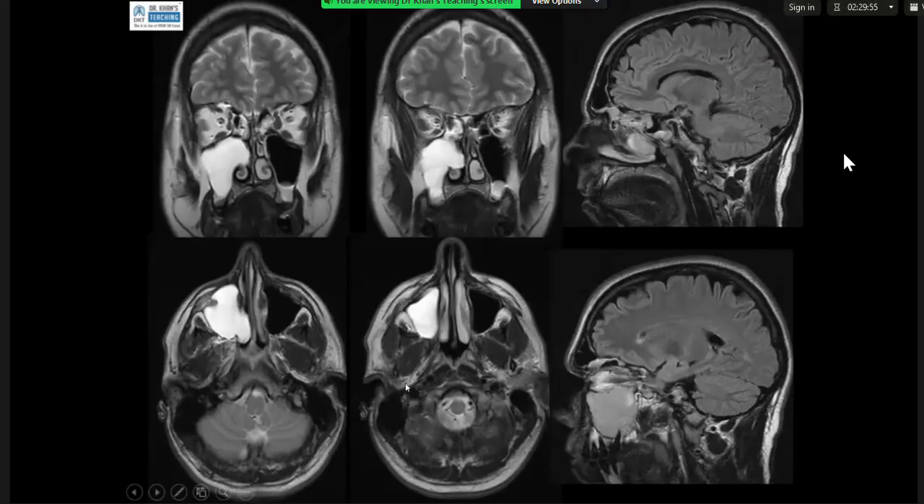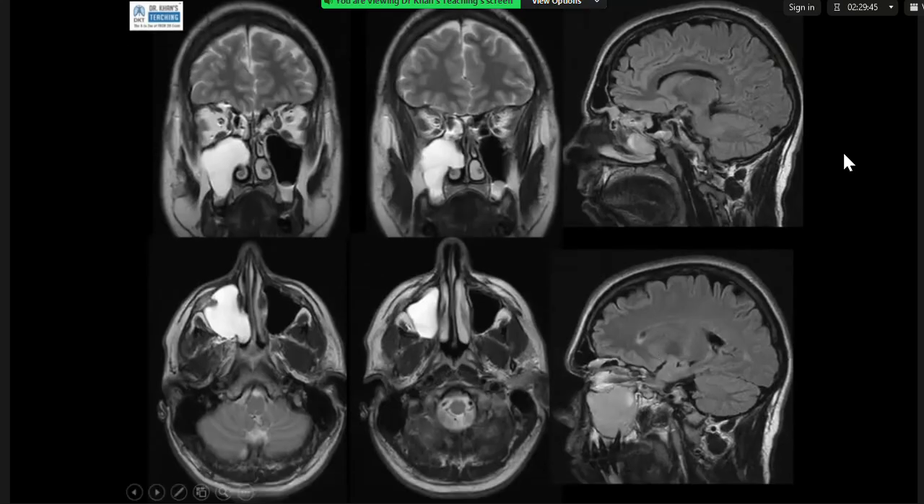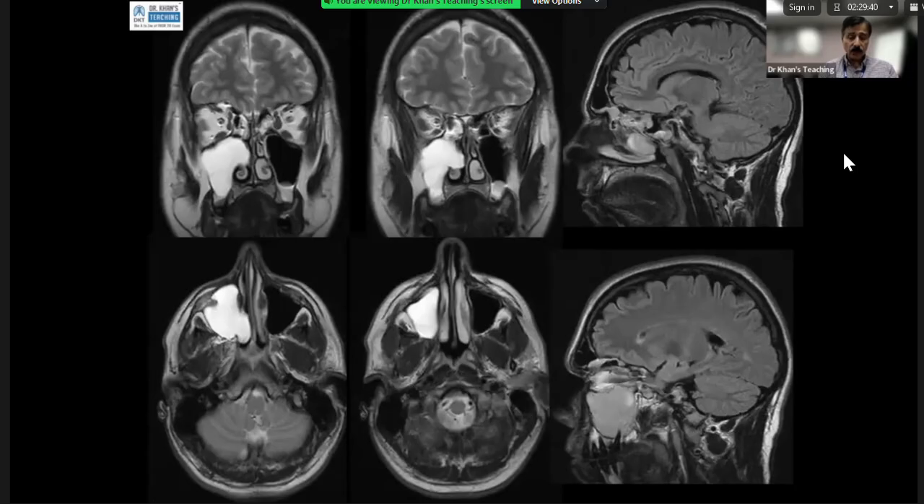Sure. So there is a complete, the right maxillary sinus is completely opacified, and it shows a high T2 signal intensity. Excuse me, can I stop you there? Opacified is a terminology for CT scan, right? There it becomes opaque. Yeah. So it's a high signal intensity involving the whole of the right maxillary sinus, and it is invading into